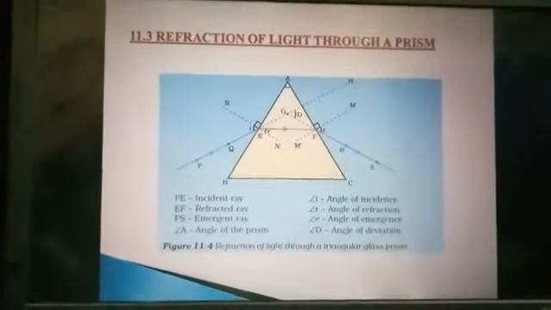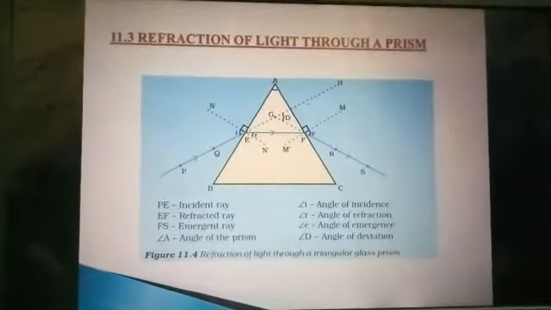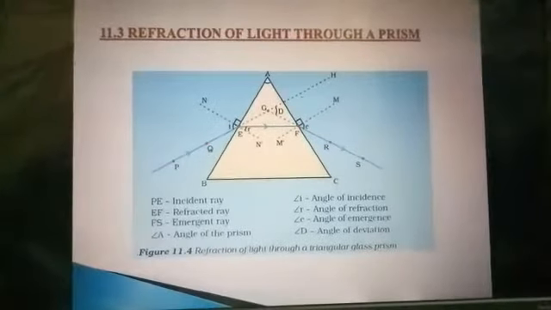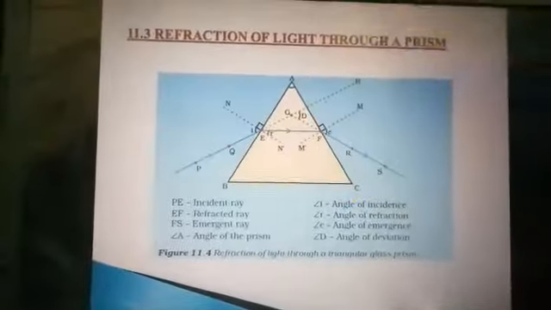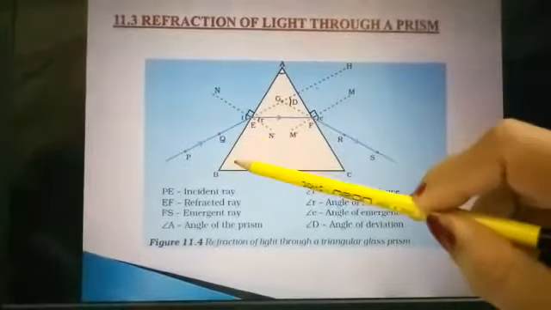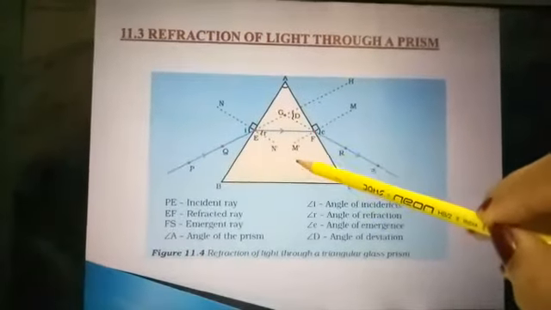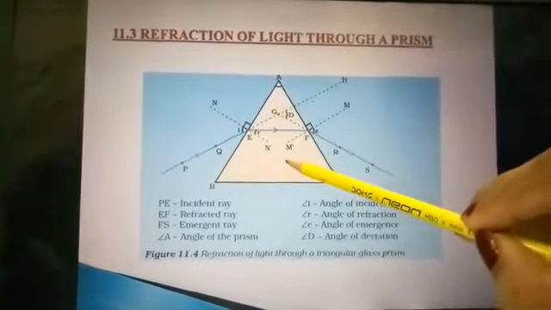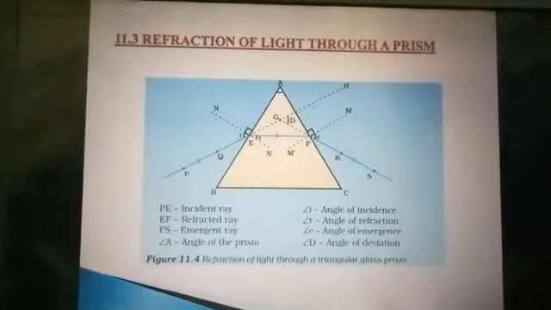So here we have the term reflection. Reflection means light is moving from one medium to another medium. Here one of the media is air, the other one is glass. This is a prism, a triangular glass prism. It is made up of glass. And here triangle ABC is one of its faces.